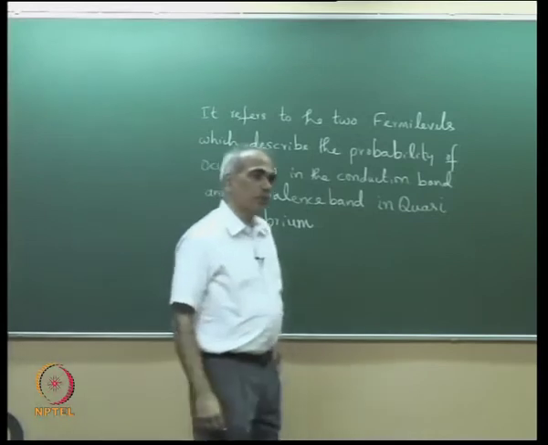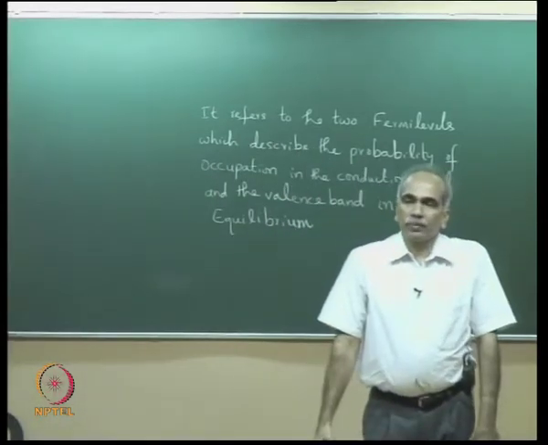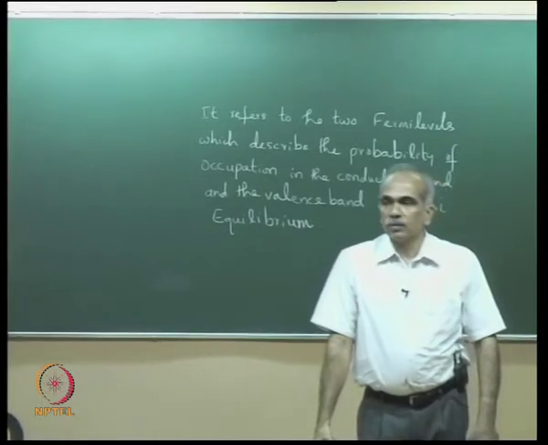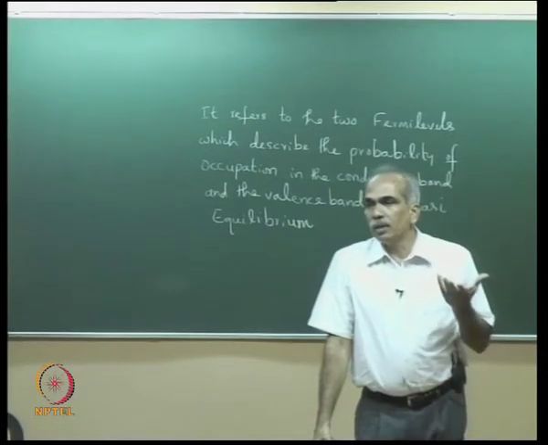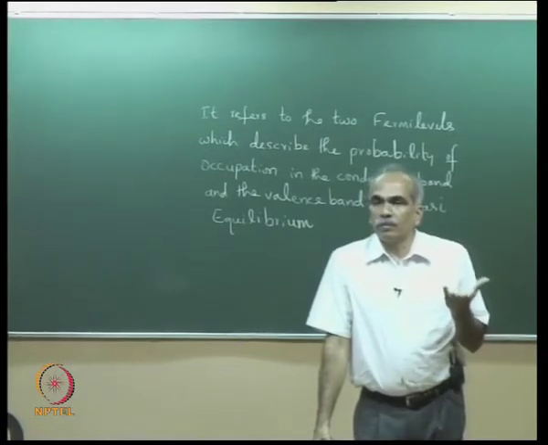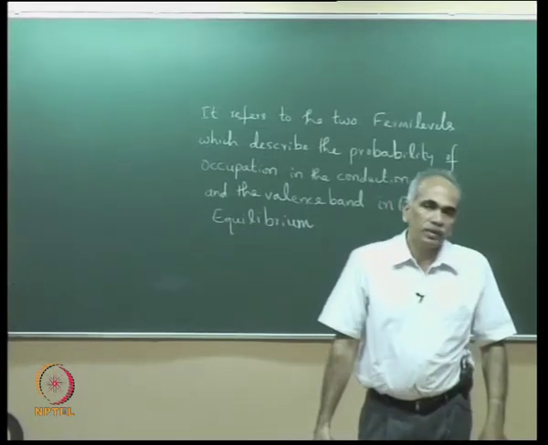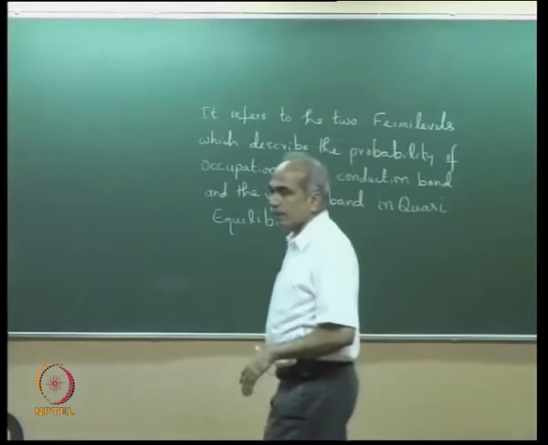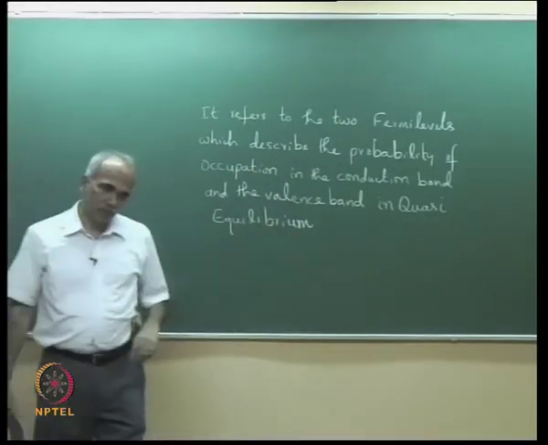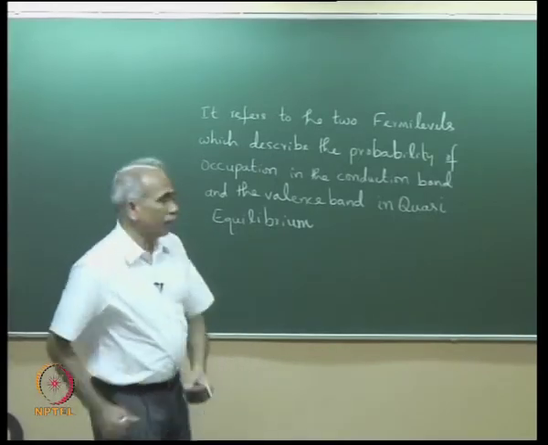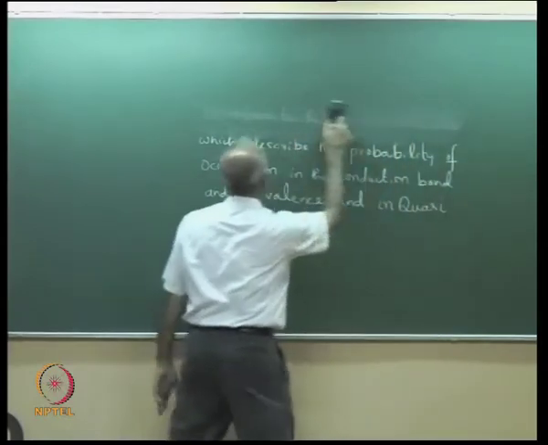So it refers to the two Fermi levels that describe the occupation probability of electrons in the conduction band and in the valence band. One Fermi level to describe the occupation probability in the conduction band, and another Fermi level to describe the occupation probability in the valence band when the semiconductor is in quasi equilibrium. So we will see what is this quasi equilibrium, but before we go to quasi equilibrium, let us first discuss